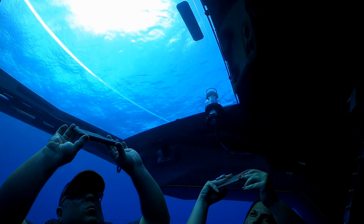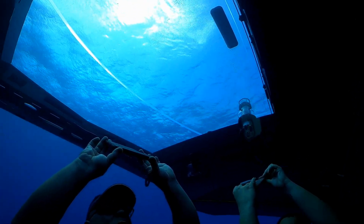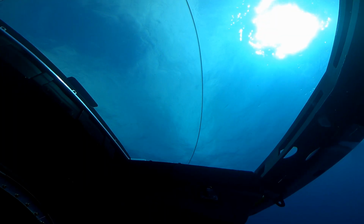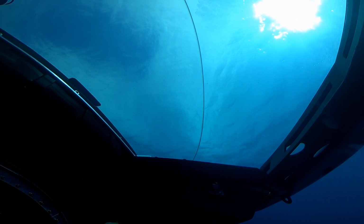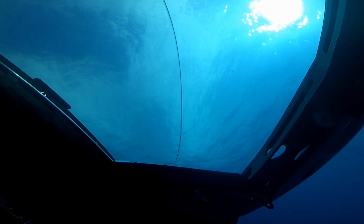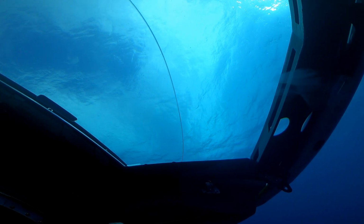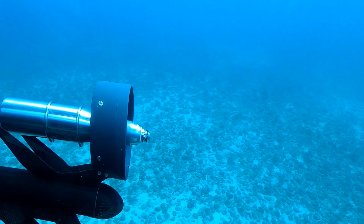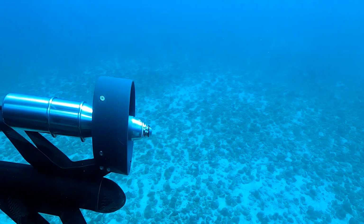of the sub. And it was a very unusual experience when the pilot closed the hatch and started to submerge the sub. As the sub went deeper and deeper down into the water, it was weird looking out the window. I had no sense of how deep we were. It just seemed like we were 3 or 4 feet below the surface when the pilot said we were 30 feet, and then a little later, 60 feet. And finally, when we got down to just a few feet above the ocean floor, we were something like 90